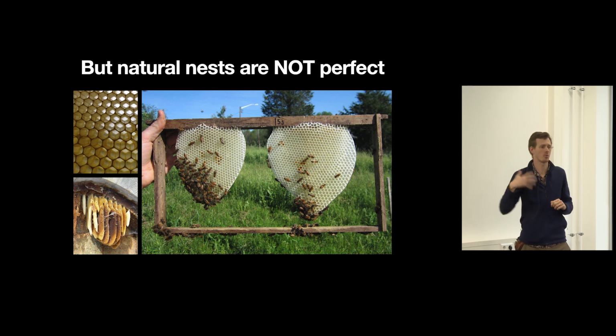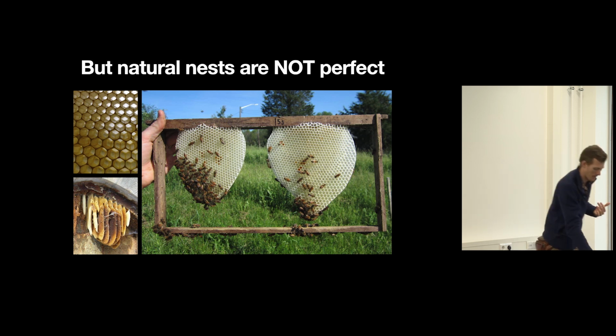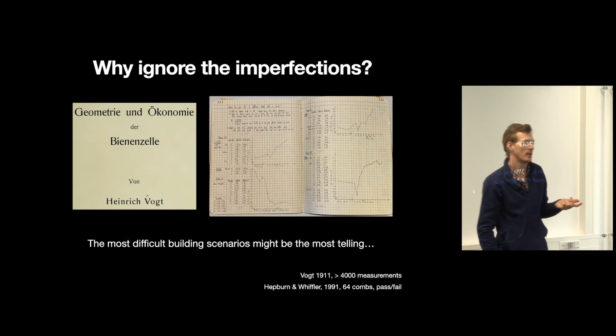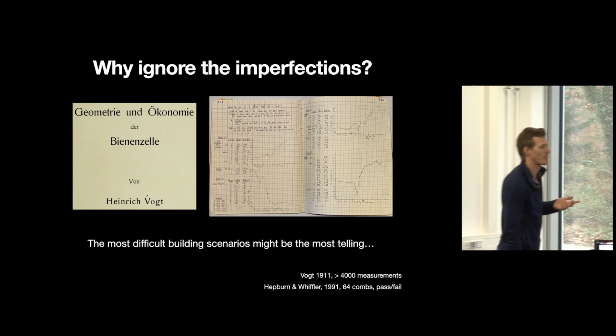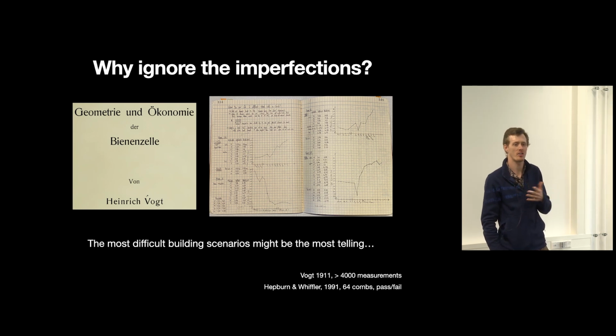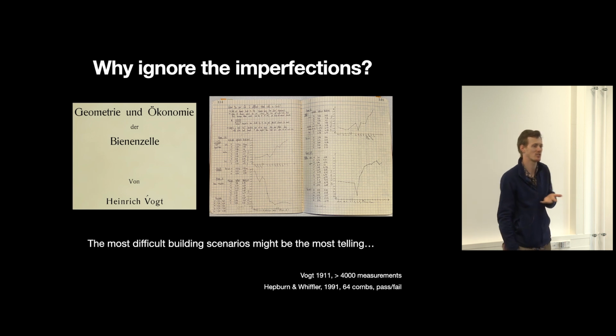So these are lots of different reasons why their nests are not perfect, but typically, as researchers, we just ignore those imperfections. And you might be wondering, well, why would we ignore those imperfections? And the simple answer is that they're really difficult to study. It's hard to study all the non-hexagonal, all the weird things that bees build because they just don't fit the standard, okay, it's a ton of hexagons and how perfect are they?